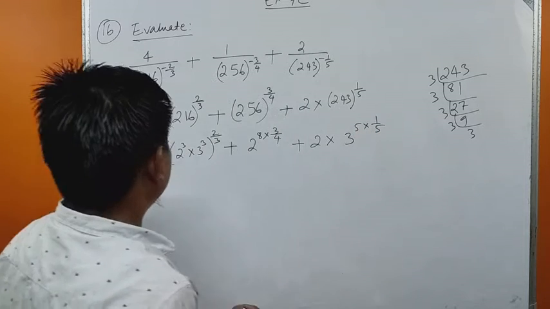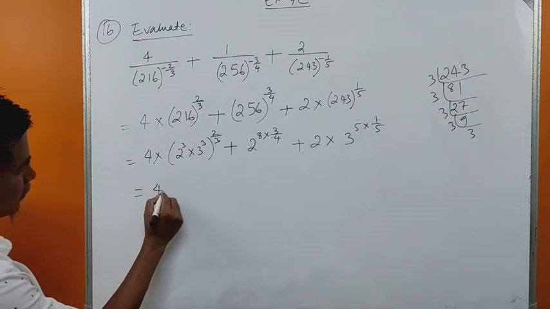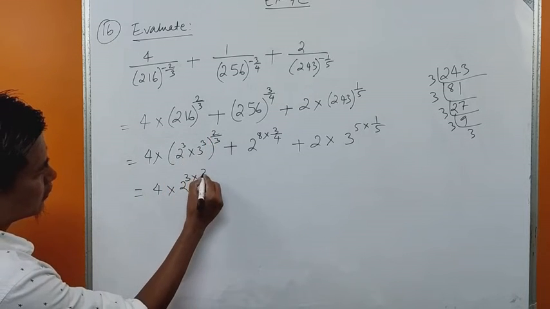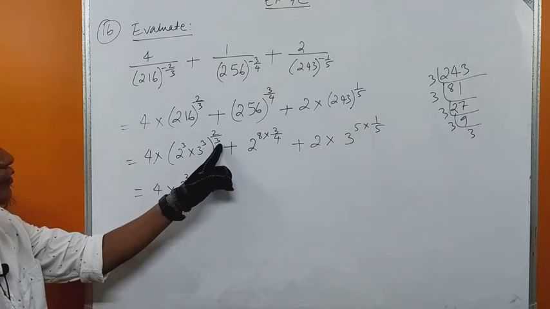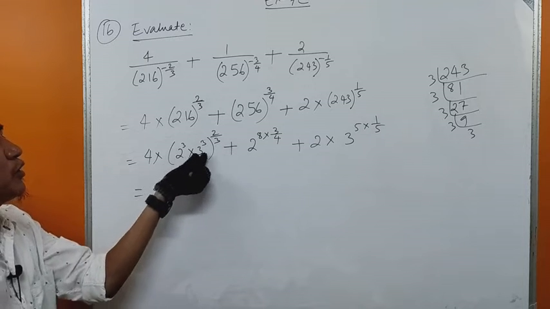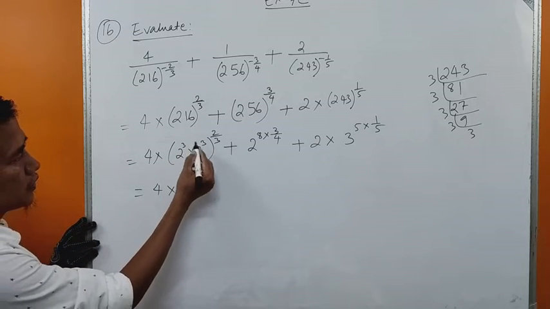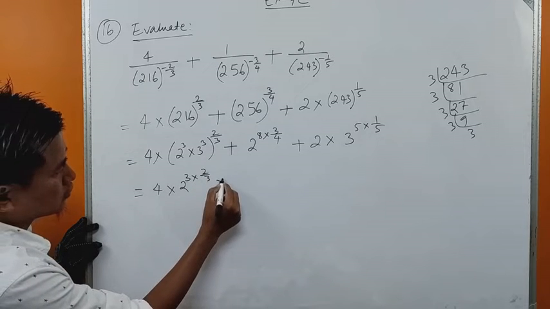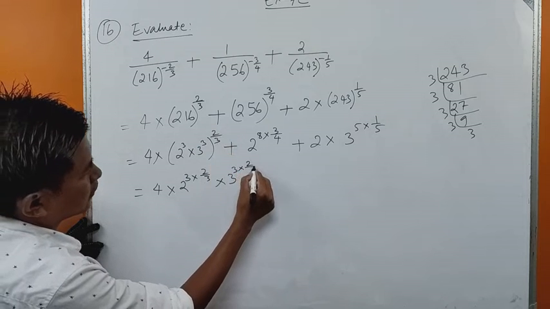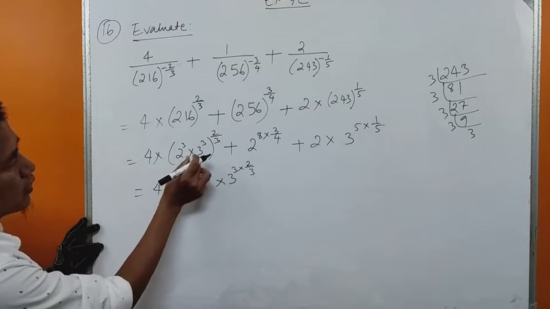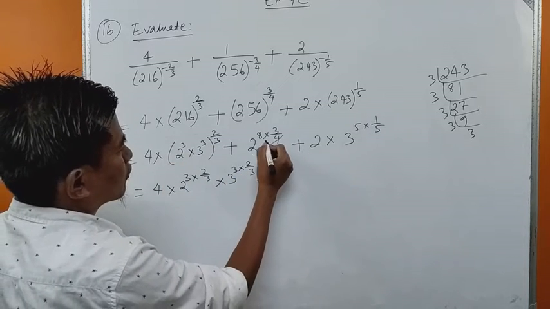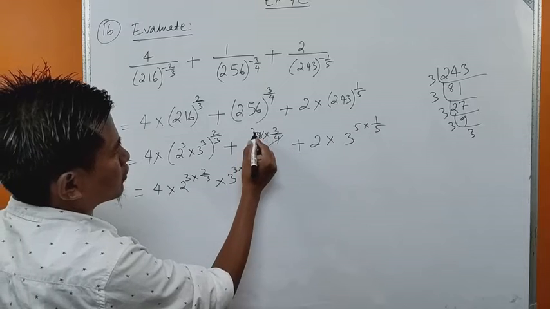Now this is 4 into 2 cubed into 2 upon 3. Now this 2 upon 3 power is for both the numbers, 2 cubed and 3 cubed, so we apply this power to both the numbers individually. 2 cubed into 2 upon 3 into 3 cubed into 2 upon 3. Plus 4 1s are 4, 4 2s are 8, 2 to the power 2 3s are 6,